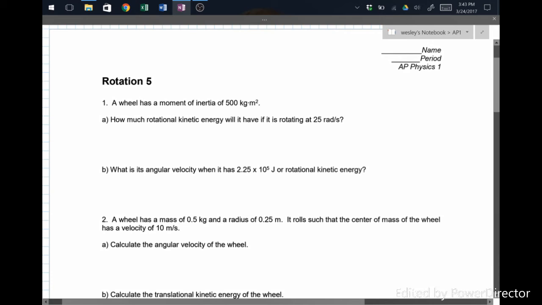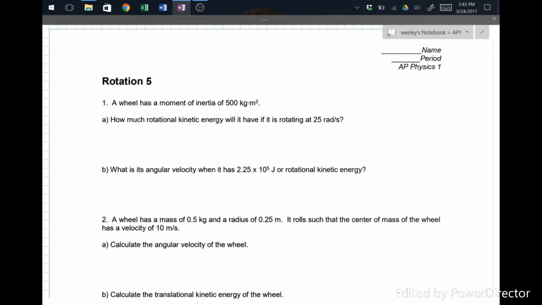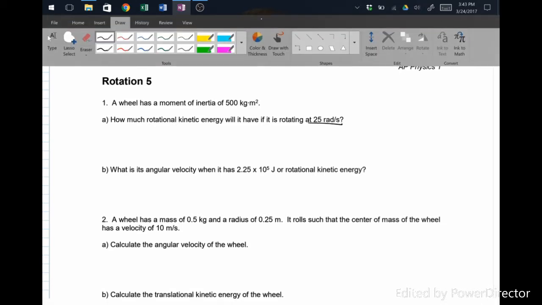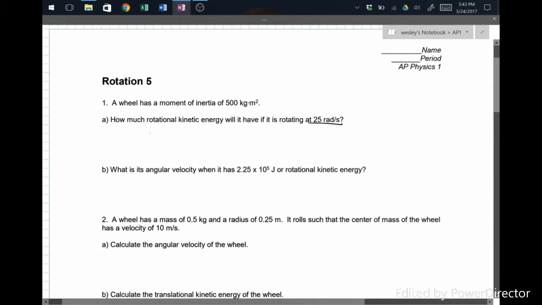All right, these are the solutions for rotation 5. So we've got a wheel with a moment of inertia of 500. We want to know the rotational kinetic energy if it's rotating at this speed. Simply put, the rotational kinetic energy is 1/2 I omega squared. So 1/2 times 500 times 25 radians per second squared gives me a rotational kinetic energy of something huge,